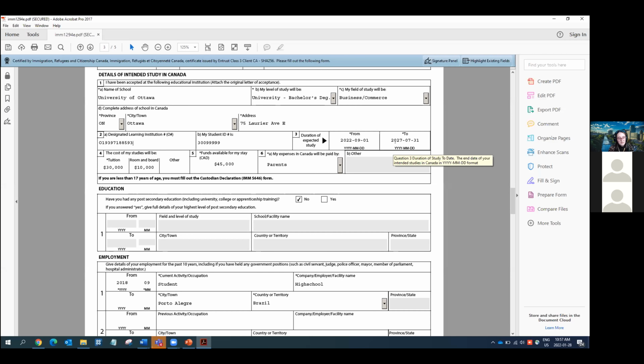And then normally, IRCC is supposed to automatically give any kind of study permit applicant an extra 3 months or 90 days beyond the expected completion date of their program, to give them time to transition and graduate and that kind of thing. But to make sure that you get it, it's a good idea to ask for that